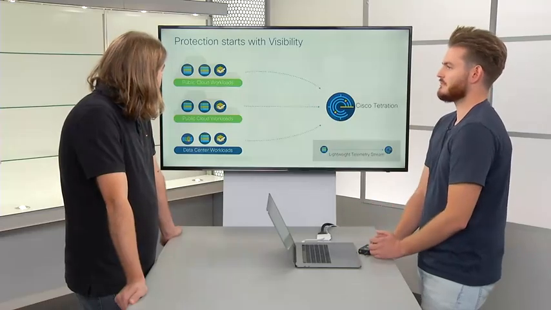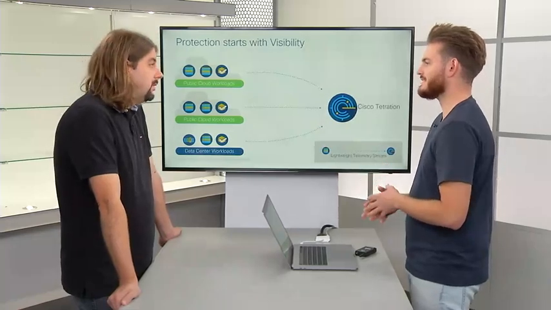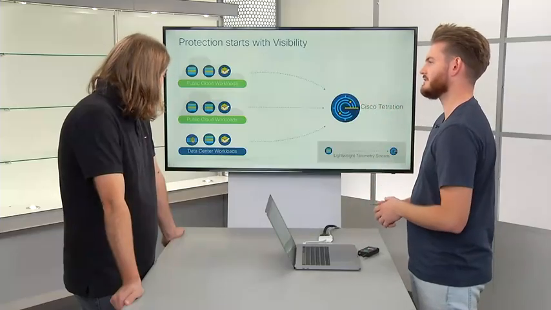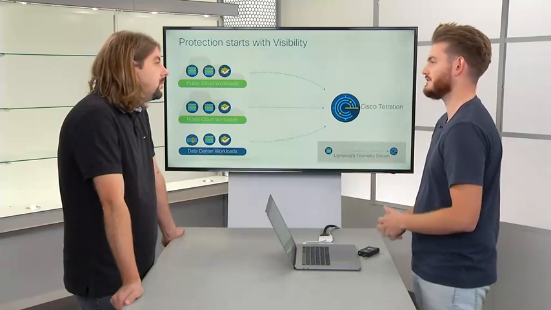That's exactly what Tetration begins with. We begin with providing you as much visibility as possible. Not just visibility to your on-premises applications, but to applications wherever they may be running. Tetration doesn't use an infrastructure-based approach, it uses an agent-based approach to get telemetry, which is pretty much just information about workloads across every single environment that a customer might have. We're talking public clouds and data center workloads. And when we're talking public clouds, we really mean any public cloud. We don't have a particular vendor that you have to go with.